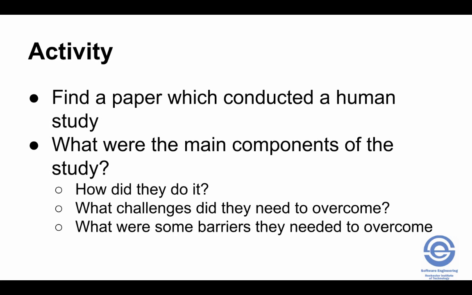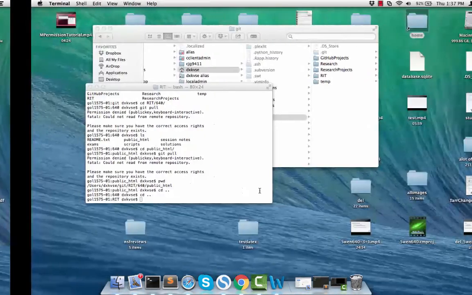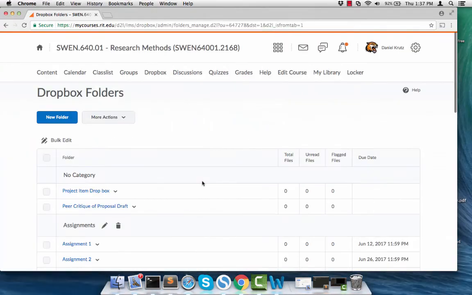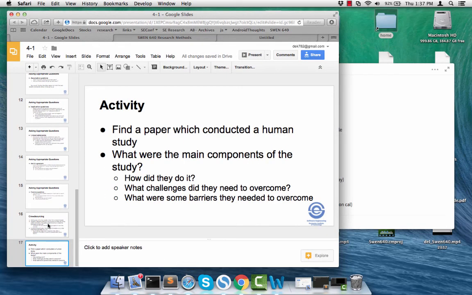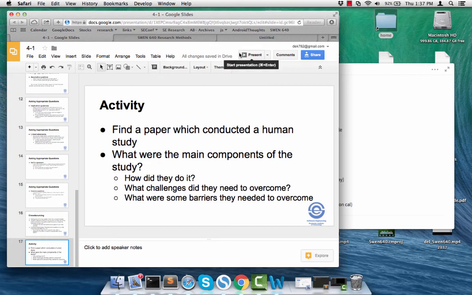So with this, if you do it in half a page to a page and upload it to the appropriate Dropbox, which I'll show you folks in a second. Let me open up the page. So it would be a 4-1 example of a human studies paper. If you can do it in, like I said, probably a half a page to a full page at most,